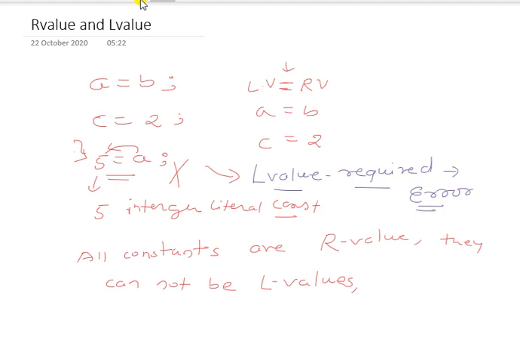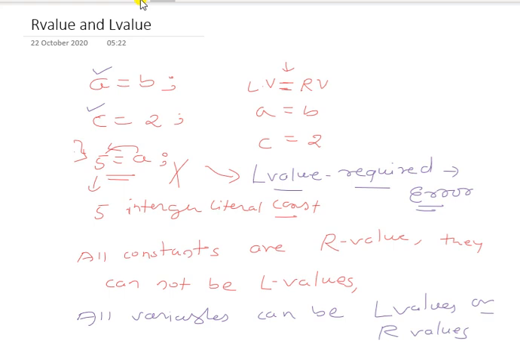Then what about variables? A variable can be an L value. Here A is a variable, it is allowed. C is a variable, it is allowed. So all variables can be L values, and they can also be R values.